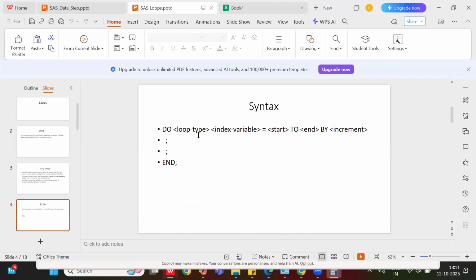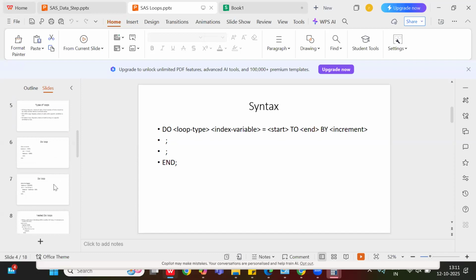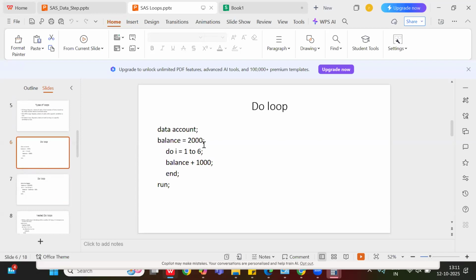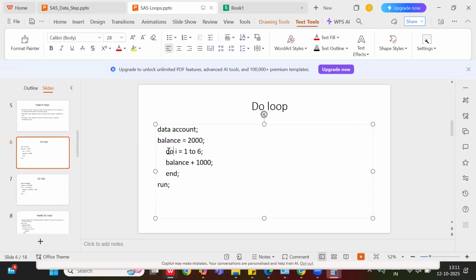We have seen the syntax, which starts with the do keyword. I will go to the do loop strictly. In a do loop, first we start with the keyword do, then whatever letter you want you can give, and then you have to give the starting number where the iteration starts, and then